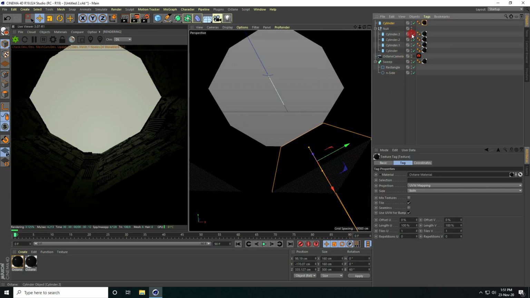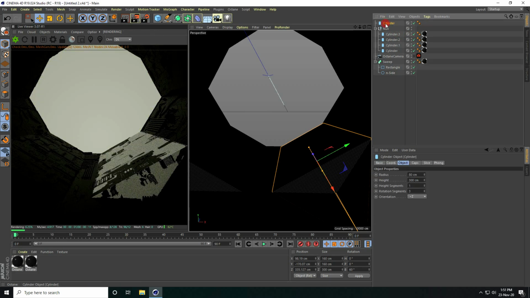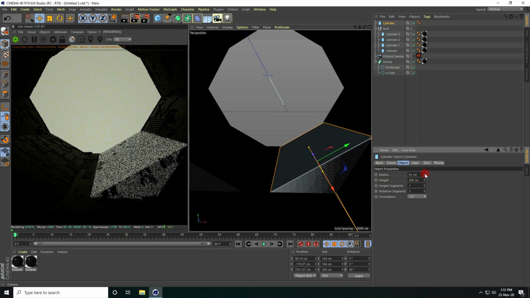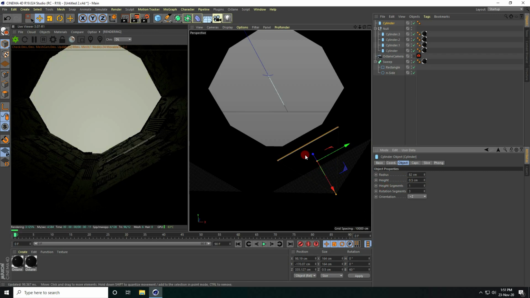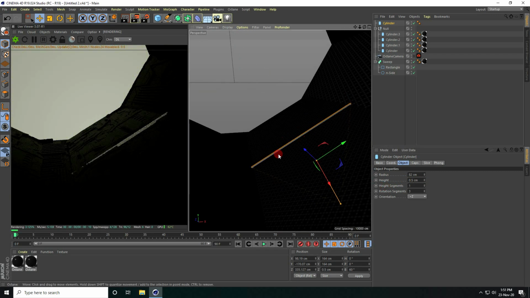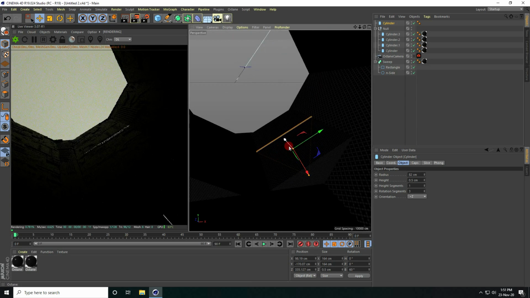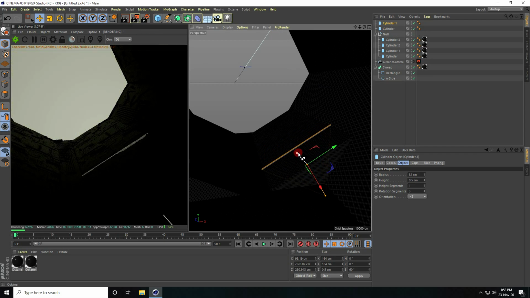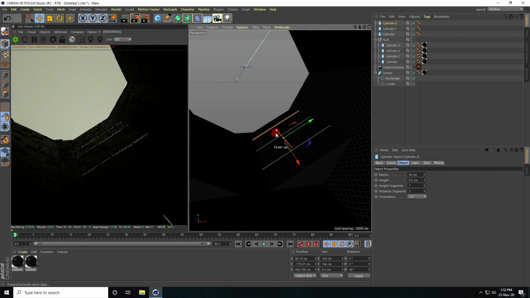Delete this material and select this cylinder, and radius increase like 82 and height decrease like 0.5. Yeah, see guys, this one, that's my lighting shape. And now go here and copy, press Ctrl C and V, and the last one copy. Yes, right, see.